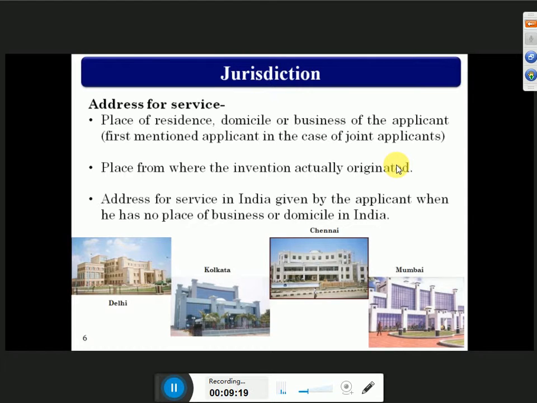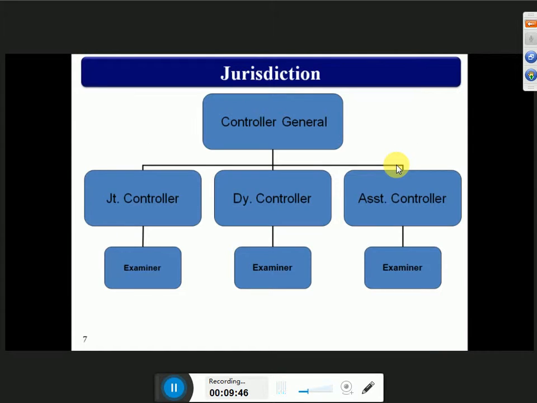So before filing the patent, you need to know which patent office you need to communicate with. But this is for administration work; patent filing procedures are commonly handled by the common examiners after you file the patent. So basically there are four patent offices: Delhi, Kolkata, Chennai, and Mumbai. When you file the patent, basically it reaches the